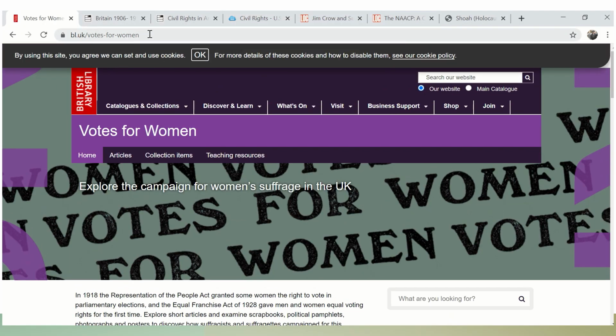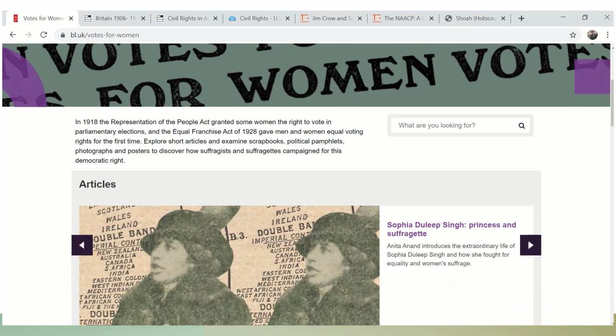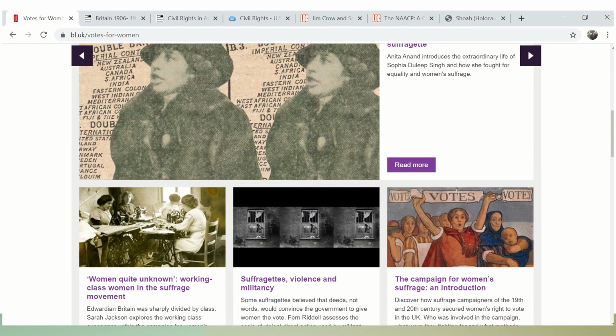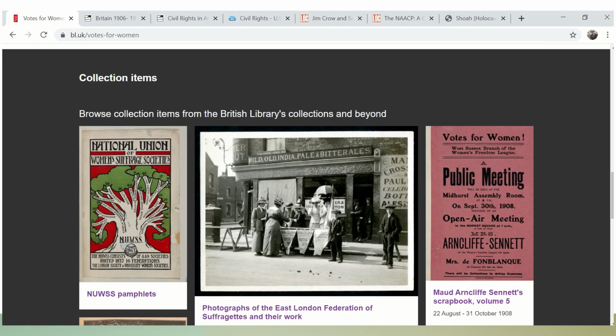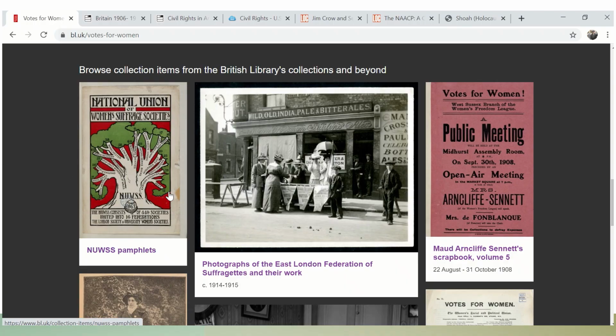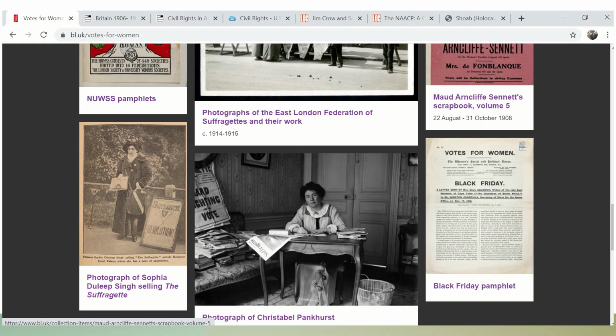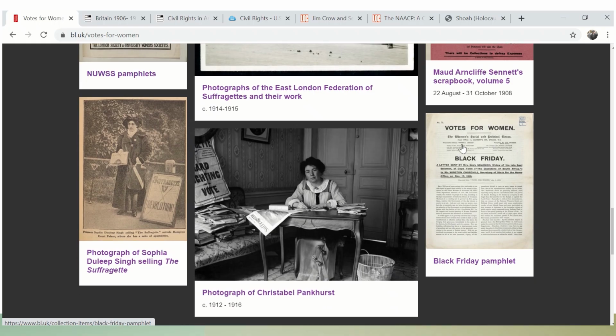Here's our first one. It's the British Library's Votes for Women site, and they've got a collection of things on here for you to find. Okay, so collection items, look, you've got NUWSS, National Union of Women's Suffrage Societies pamphlet. That's from 1867, look, there's one there. Photographs of East London Federation of Suffragettes and the work that they did, 1914-15, so that is just at the start of the war. That would be really good, perhaps. You've got a scrapbook there. You've got a Black Friday pamphlet from 1910, photograph, newspaper, Sophia Duleep Singh,